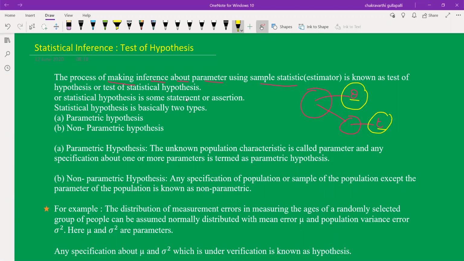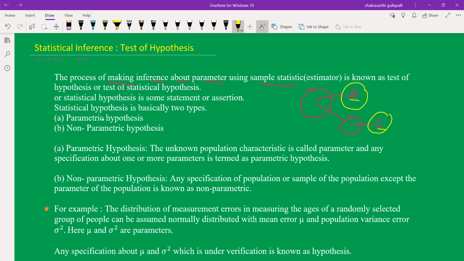The population mean is equal to some specified value. The population mean is 40. That is called an assertion or statement. The population variance is equal to 40. That is called a statistical statement. So a general statement is different from a statistical statement. These statistical statements are hypothetical statements. So based on the hypothetical situation and theory of estimation, we have to prepare some statistical statements. These statements are called